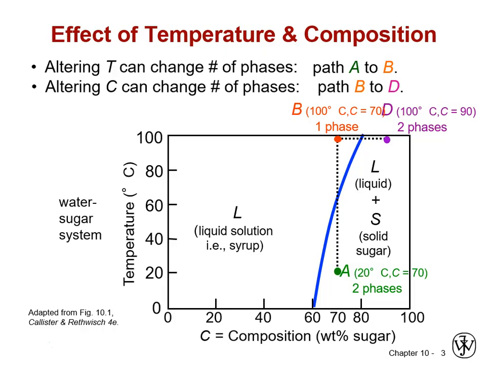But the total of those, based on the ratios, would add up to 90% for the overall mixture. So we can go from single-phase regions to 2-phase regions and back by changing either of the state variables prescribed